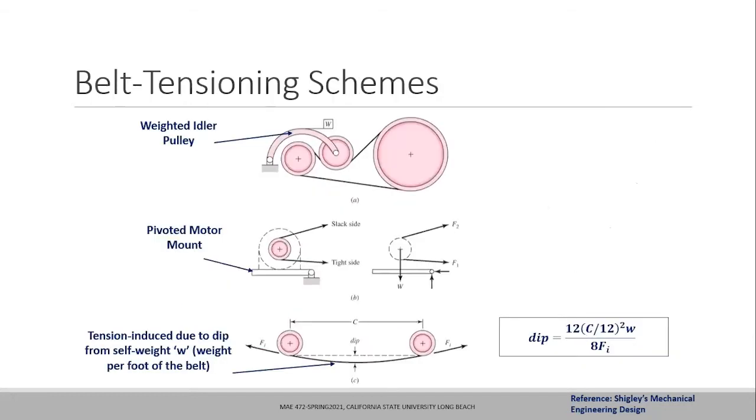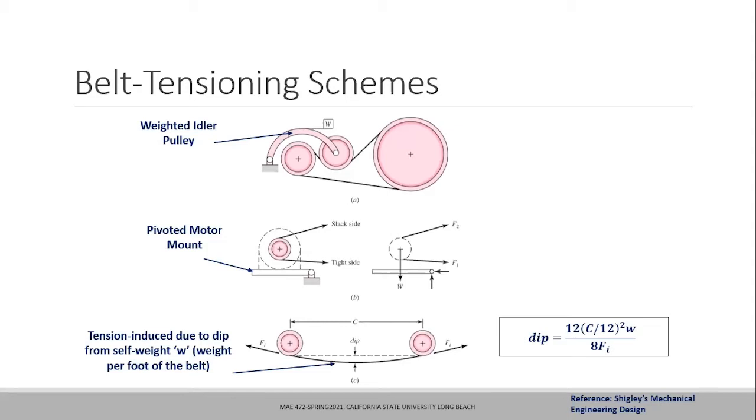Okay, if not, these are some of the schemes for retightening, or basically making sure that you can adjust the initial tension if the belts start loosening up. What happens is that after a certain period of time, when the belt is transmitting the torque from the driving side to the driven side pulley, because of the wear in the material of the belt, the belt starts loosening up. When the belt starts loosening up, it loses the initial tension.